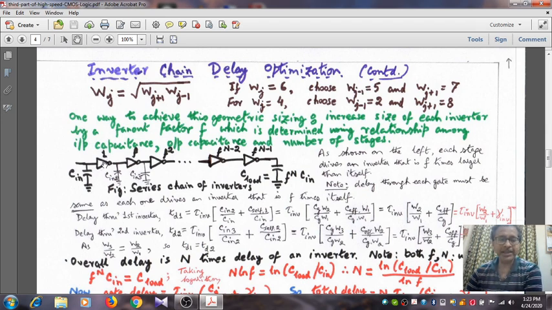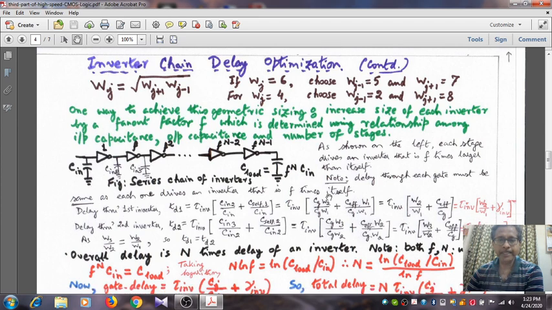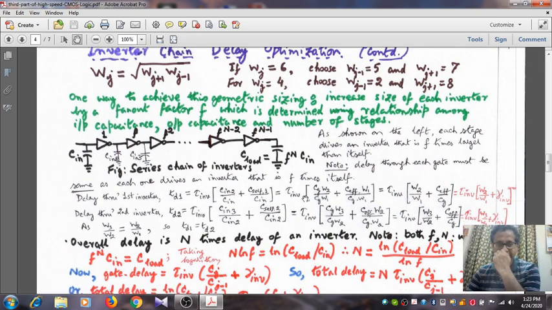We start with a minimum sized inverter, let us say. And we have this C load equal to f to the power n into C, and the input capacitance is C. If this is of minimum size, its input capacitance we can also find out, that is Cg into W plus 2W. Depending on the value of W, we can find out the input capacitance. But suppose the load is given and C input is given, so we know the value of C in. What do we have to find out here? Only the value of N and also F. Note that F and N are interdependent. That we are going to show just now.